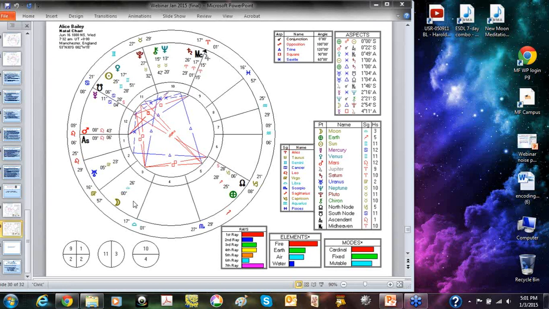In this chart, the moon is located in the 3rd house, which from a traditional standpoint is related to lower communication, short journeys, the close environment, and siblings. From a higher standpoint, it is related to higher communication and telepathy, the search for one's spiritual path, and soul brothers and sisters.